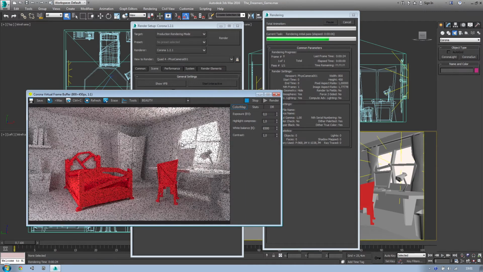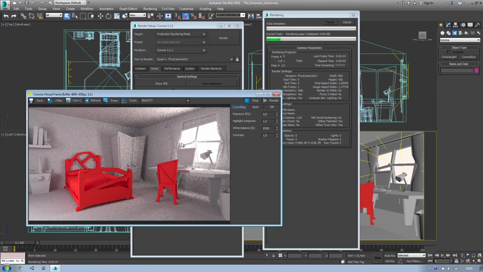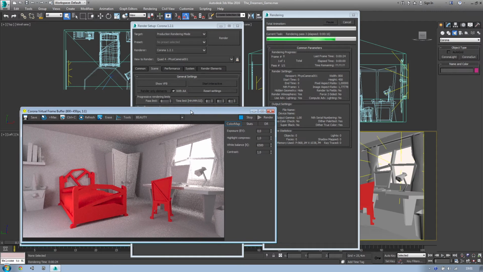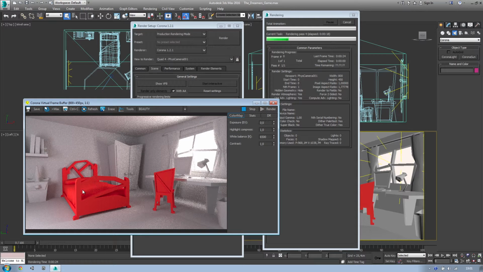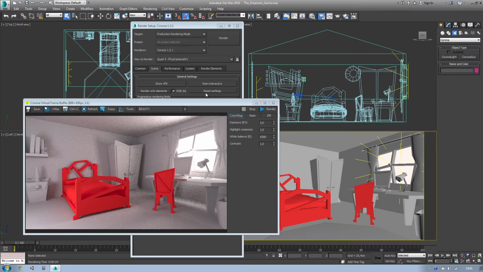So, well, if you are a developer of Corona renderer, now you know that there is this bug. I worked as a tester, and well, if you are a user, remember not to swap that render mode. But what I was telling you is